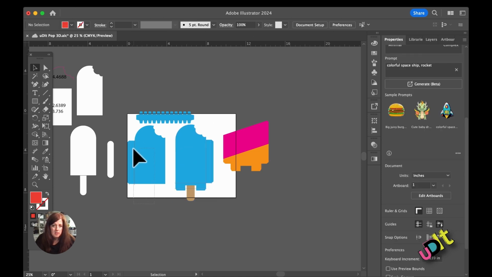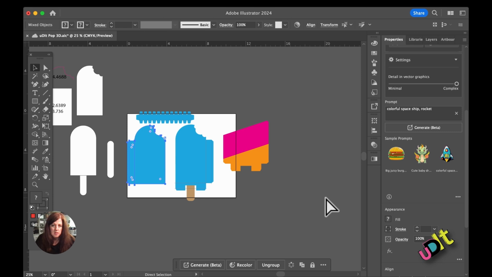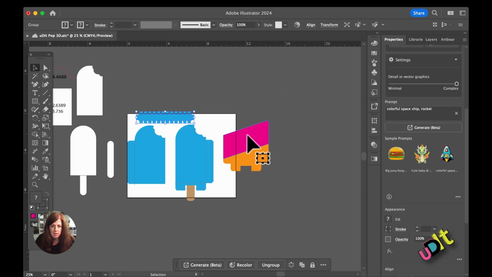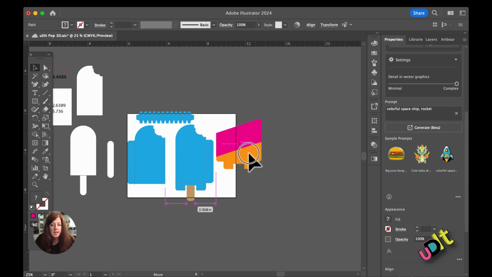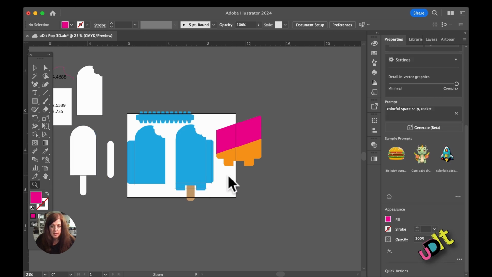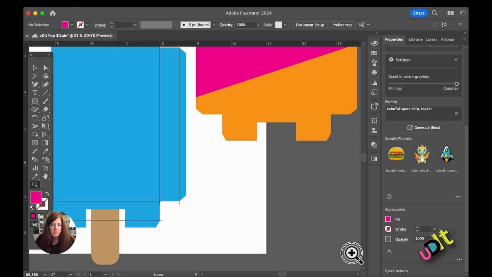All right, make sure this is grouped. And our stripes are grouped. And I know that this is grouped. So there we have all of our pieces. Oh, one little thing, if you want, I'm going to zoom in over here real quick. On your frame or wherever, if you wanted to make like a little strip, or a little drip, then you can actually just take the,